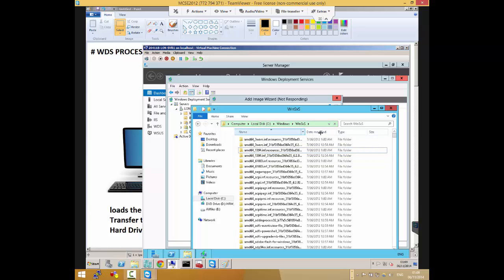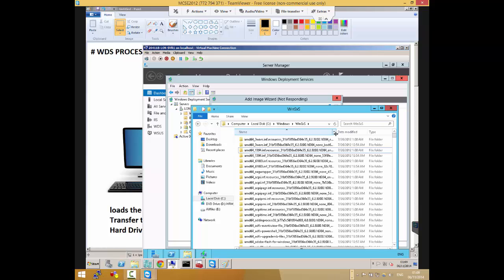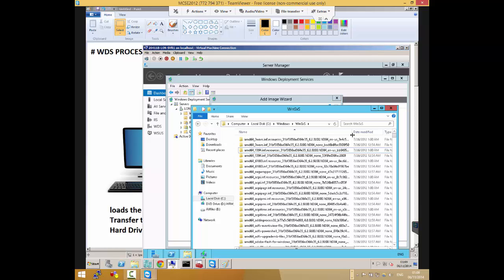The only thing I see you telling WDS is that you are giving it boot.wim and install.wim. You're not telling it about the SSX folder. But when it starts the install.wim, you notice that the first stage it goes through is copying files, if you remember. So it copies some files to your hard drive from the CD itself.